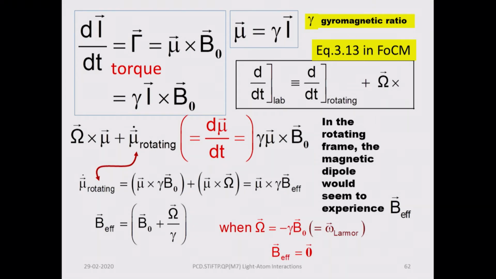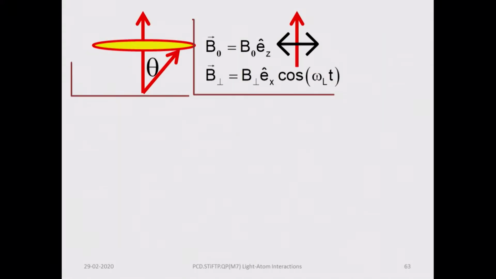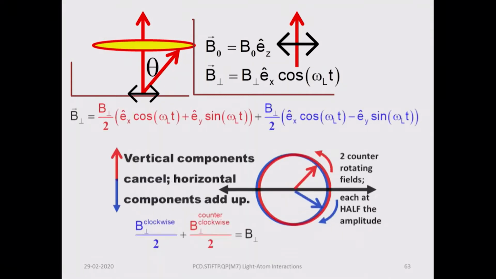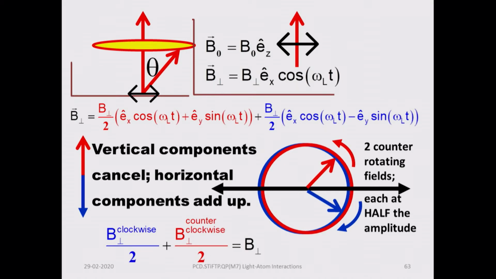So, it is interesting to see that if omega happens to be equal to minus gamma B0, which is actually equal to the Larmor frequency, the angular frequency vector, then the effective magnetic field would be 0 in the rotating frame. Okay. And now, if you apply a transverse magnetic field, which is orthogonal to the original field that was applied, then if this is linearly polarized, you can write it as a superposition of two